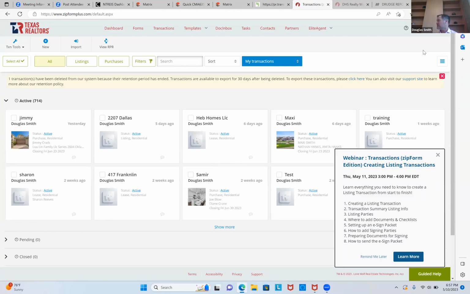For the forms. But why? Why is Zip Forms so important? You can answer it because I don't know. Okay, so Zip Forms is important because